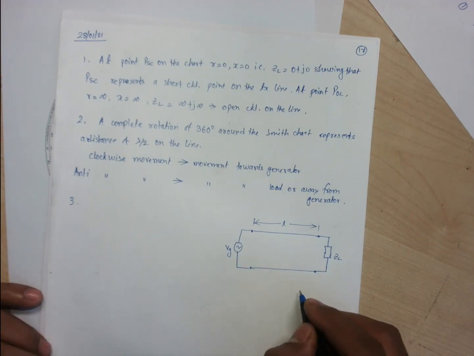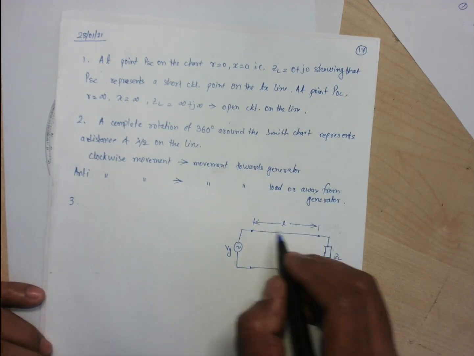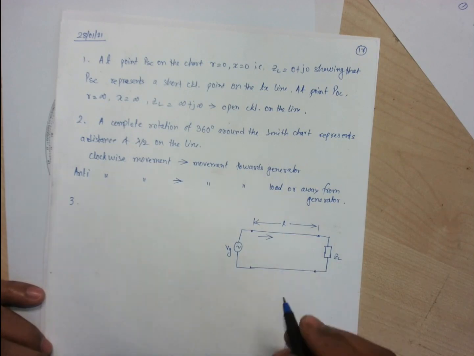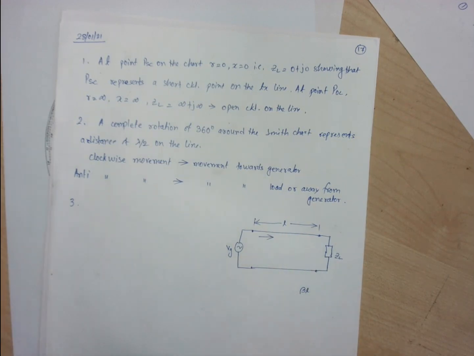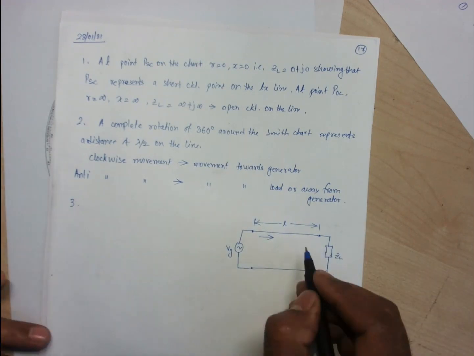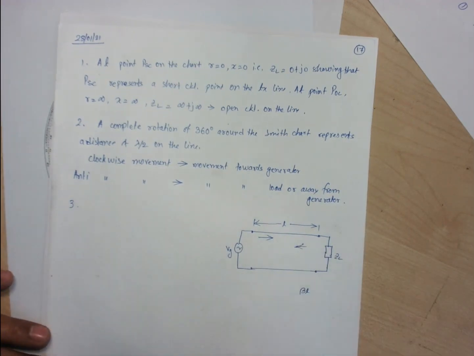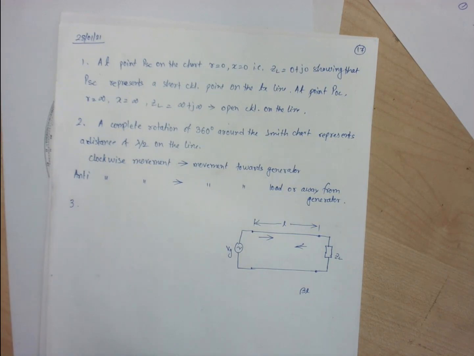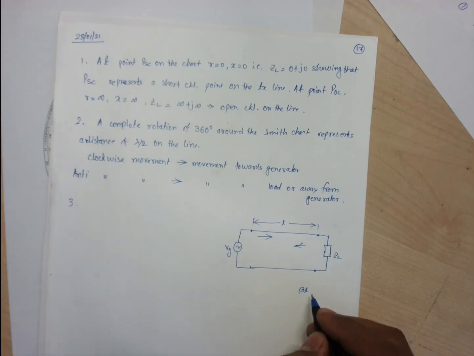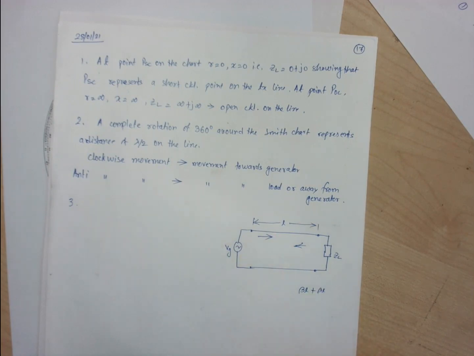So for the forward movement, the signal covers a distance of beta L. Somehow for reflection, it has the backward movement as well. So again, in the worst case, the most unlucky case, it has to reach up to the generator. So the signal going in the forward direction and coming back travels a distance of twice beta L, right?